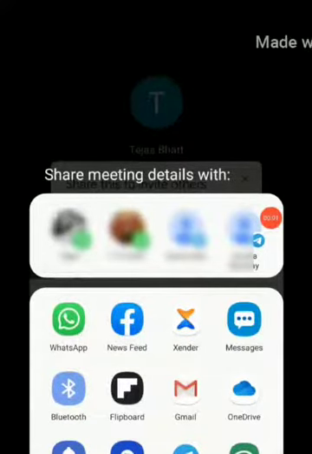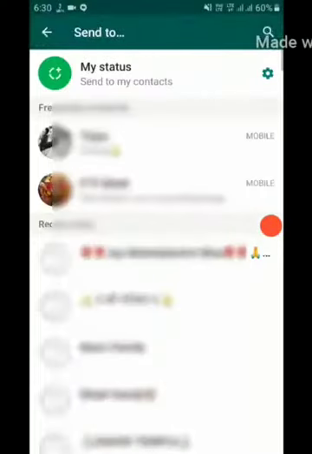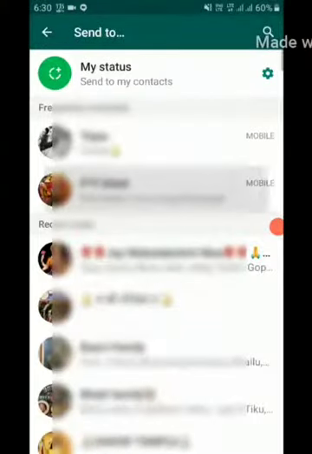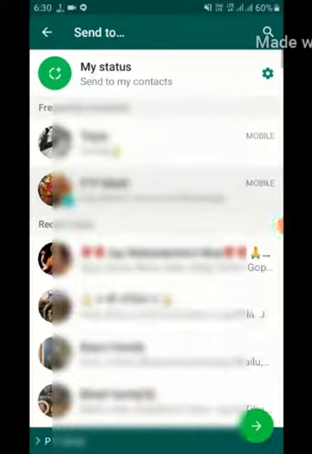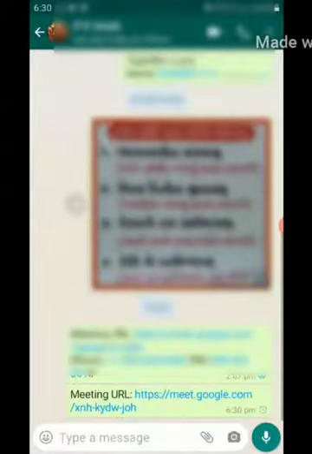I send this code to the students for the meeting through WhatsApp. Now I select the student's name and send the code. Okay, sent. Now I will check the student's phone to see whether that URL or code is received or not.